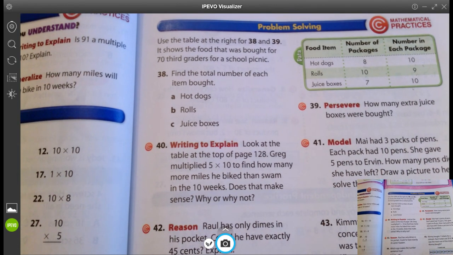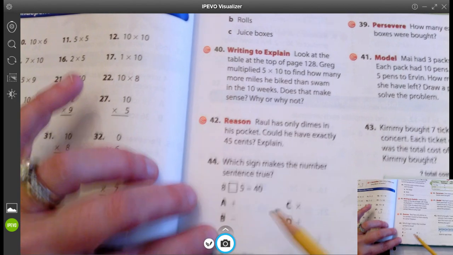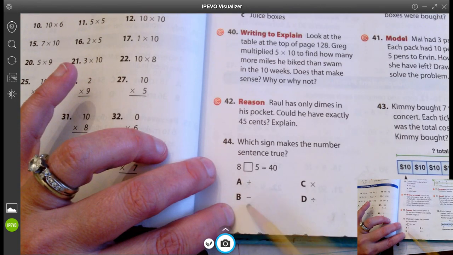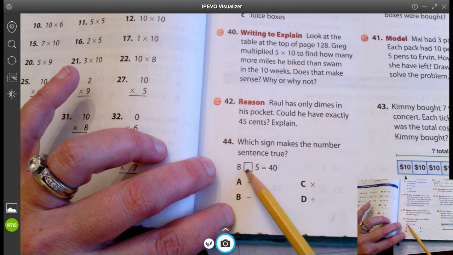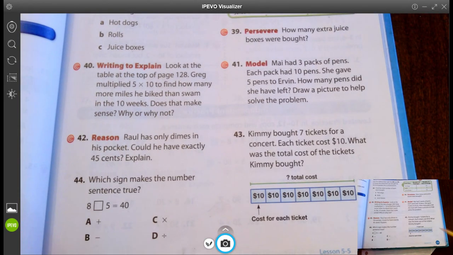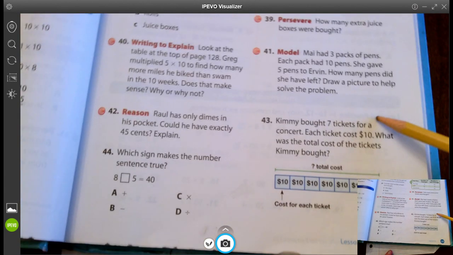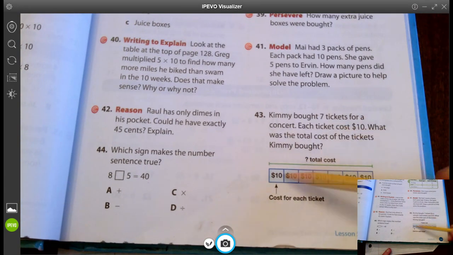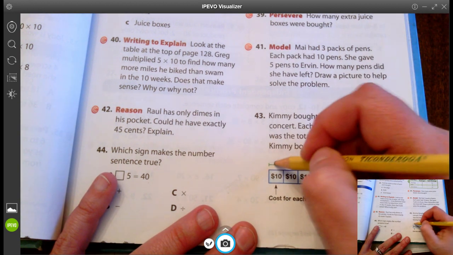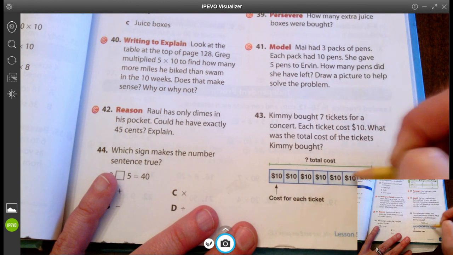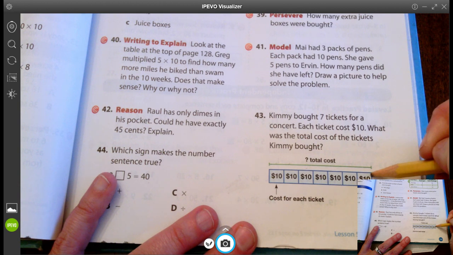Right here, on number 44, you're going to choose this number sense, plus, minus, multiplication, or division that's going to make that true when you plug all of these in. Okay, and on this one, you are number 43. It says she bought 7 tickets. Each ticket is $10. So 7, you're going to have to count over 1, 2, 3, 4, 5, 6, 7. So 7 tickets